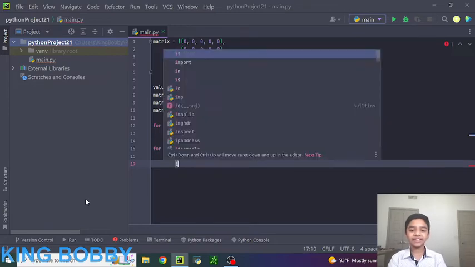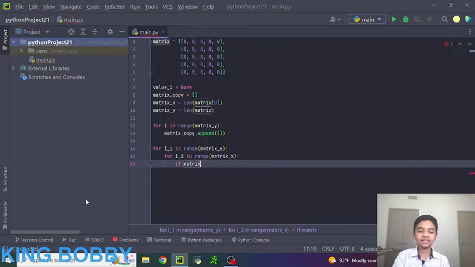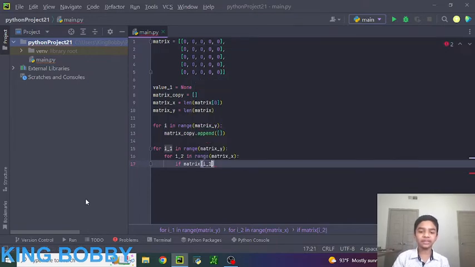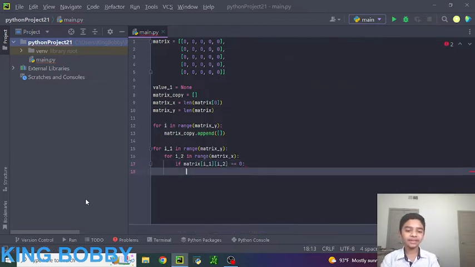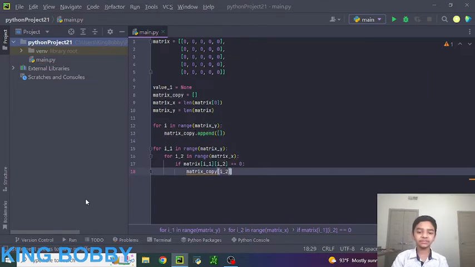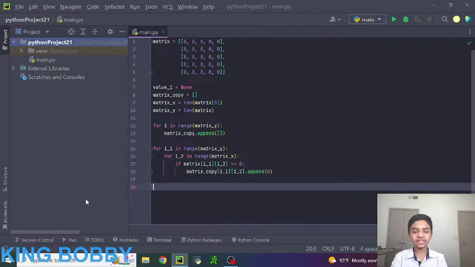And then if matrix I2, I1, and I2 equals 0, matrix copy I2, I1, I2 dot append zero. If we run this,